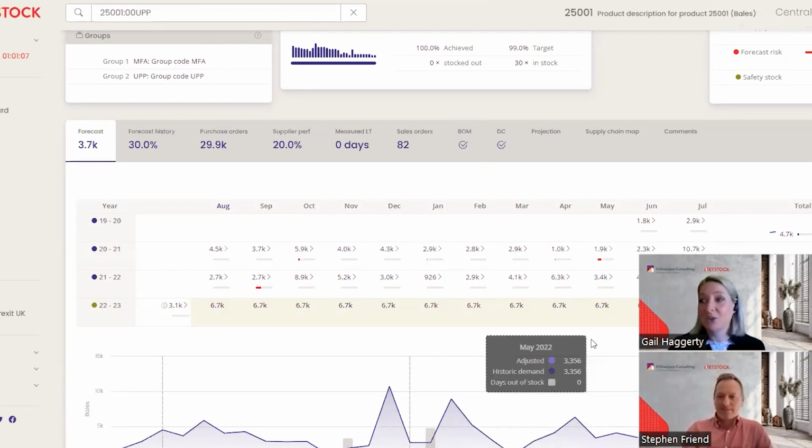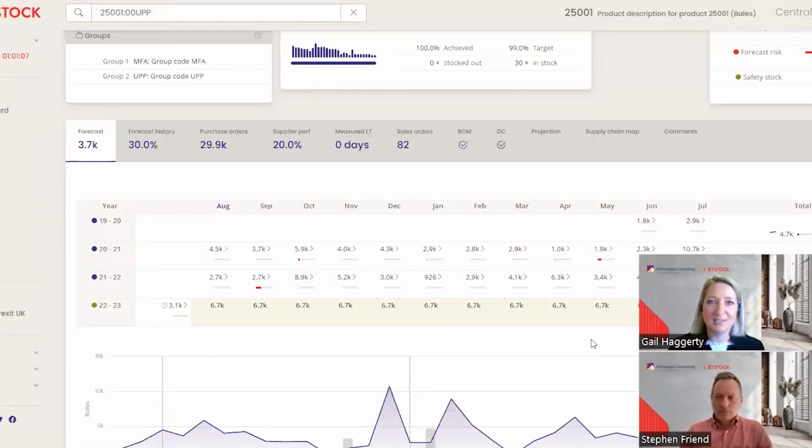Yes, correct. Okay. Yeah. So we use all of the history, but it's weighted depending on the configuration settings that we set up in NetStock. So again, that's part of our onboarding process that we do with NetStock. Obviously, I'm passionate about that. I've been with NetStock doing that for 8 years now. And it's my key role to make sure that we onboard all of our customers correctly, and we make sure that we get the configuration right to ensure that we weight the amount of periods that we use.